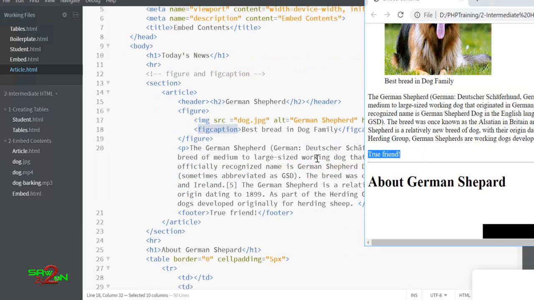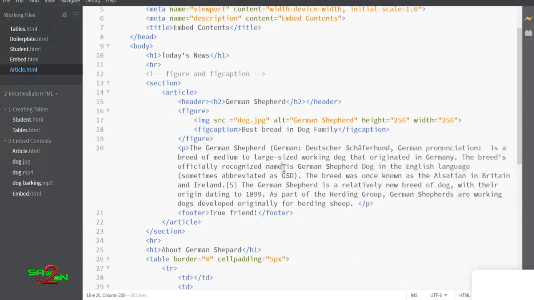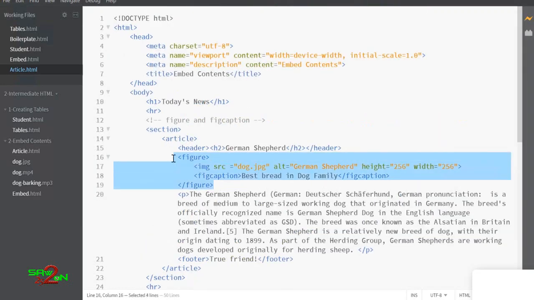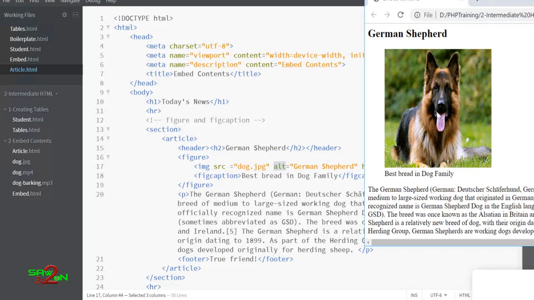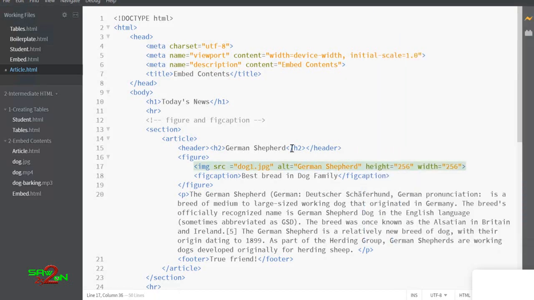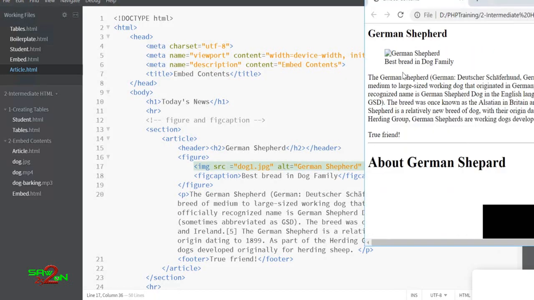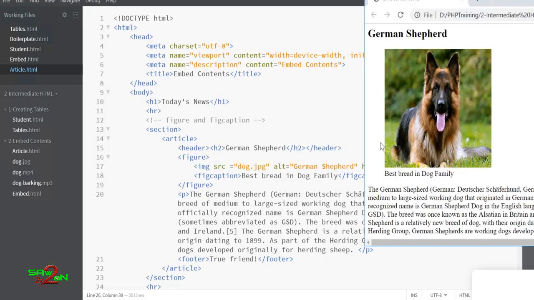Nothing fancy we have done here. We have learned all these things previously. It's just that we have used this figure, and then we have used the image tag to embed this image with some alt. Alt is nothing but when the image is missing, this text is displayed. So if you do this and you refresh, you see the German Shepherd. That's basically your alt. You want to display a text when the image is not found, and that is coming up from the alt. All right, so let's move on.